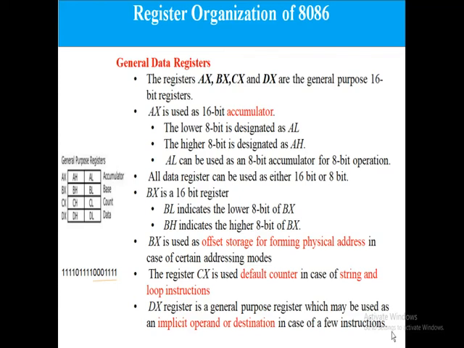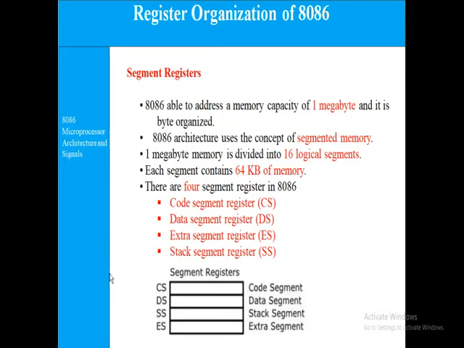In this, X indicates it is a 16-bit register. AX register is known as the accumulator. It has two sections, two 8-bit registers. It can be used as two 8-bit registers, AL and AH. Here we show suppose this is the content in the AX register. This is a 16-bit register. In the AX register, we are storing the data as ones and zeros.